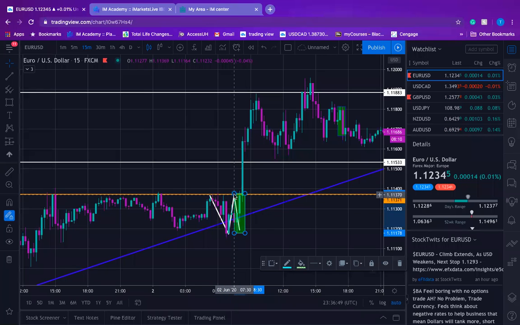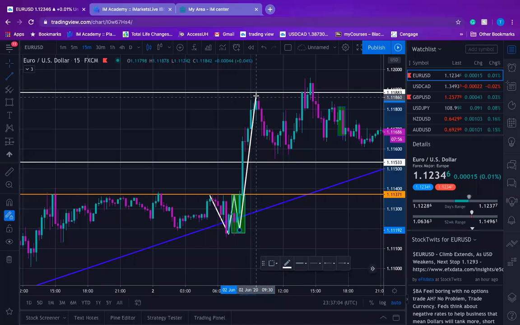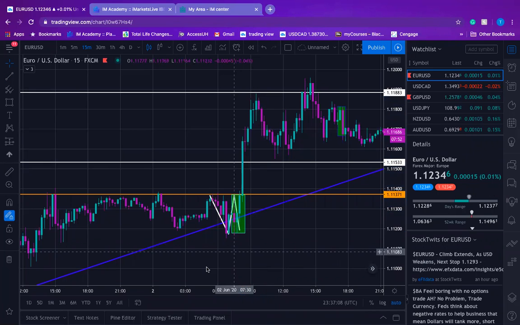When you see a W, you're looking for the bottom right, all right? The bottom right of the W. That area is going to give you the entry that you're looking for a buy. And as you see, it took off. Boom. It took off. And if I didn't want to end there and I held the trade,